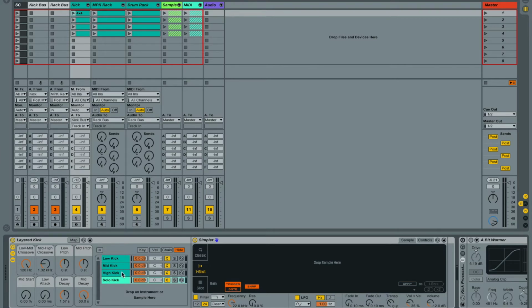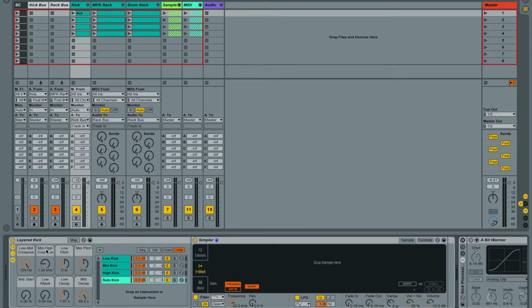so you can kind of get the best out of them. You'll pick three different samples, and with your low kick, you want something where you like the low end of it, and a mid sample where you like the mid, and you get the idea. But I also included an option here if you don't want to get into all that, to just use one